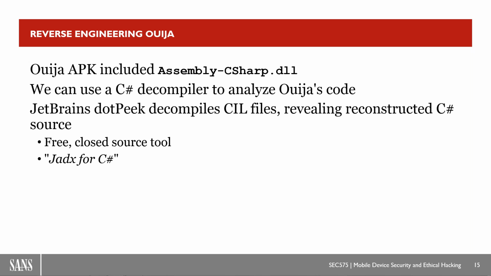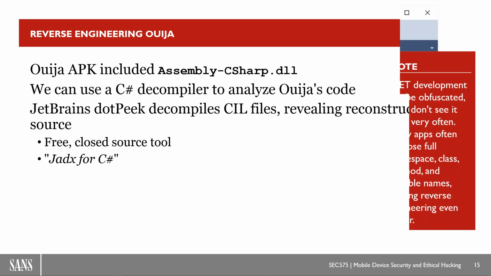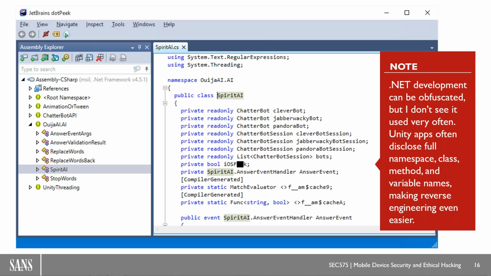I'm going to talk about two tools that do this, but the first tool is called JetBrains dotPeek. It is a reverse engineering tool for .NET applications. It's meant for Windows, but it works perfectly well for Unity applications as well on iOS or even on the Android platform. So this is JetBrains dotPeek. And JetBrains dotPeek is a free tool, by the way. You can get it for free. I installed it on my Windows 10 machine, and I opened that